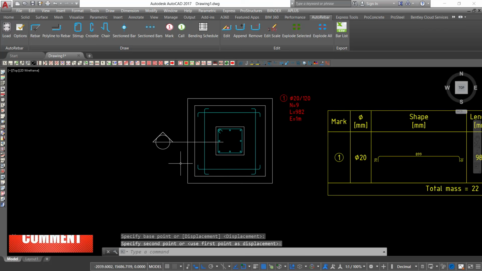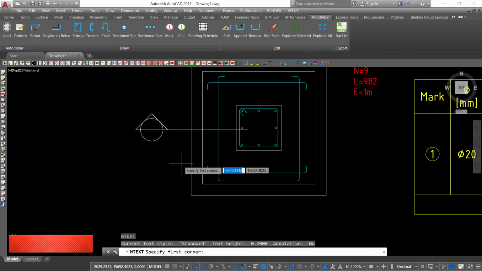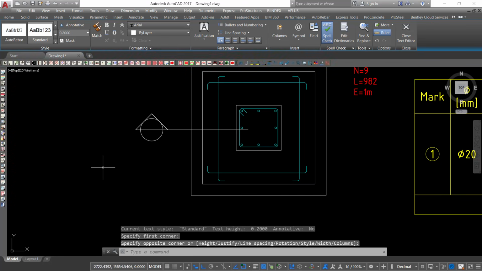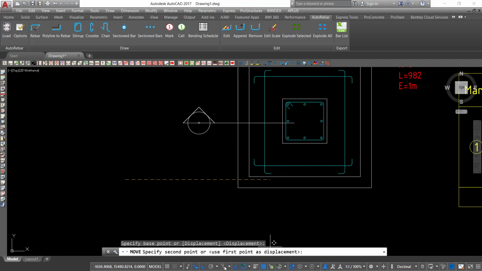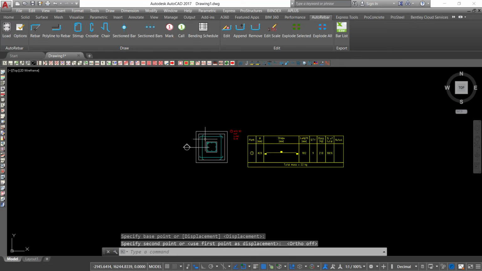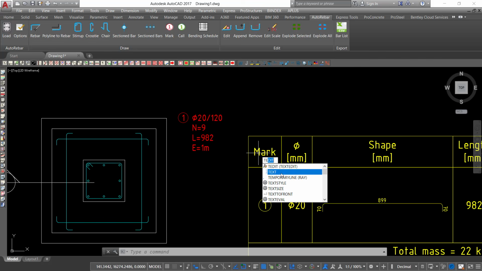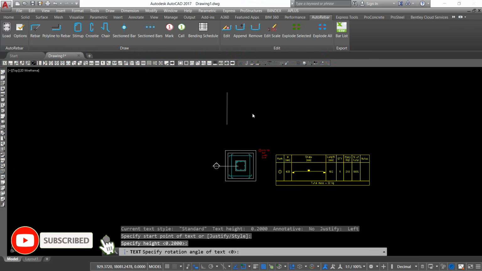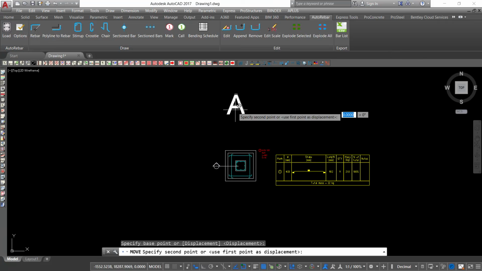So what I'm going to do, I'm going to just type text. I'll enter text and I'm going to create, just type A right there and click enter. So I'm going to drag this A here. It's very small. It's very small, and I'll place it right here. I can't see it, but we are going to add another text. So I'll just type A. So I have my A here. I'll just come here and drag it,